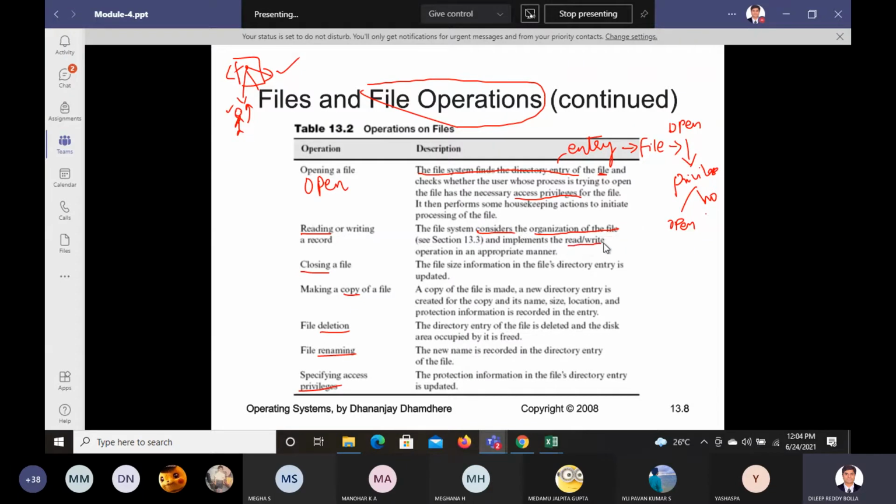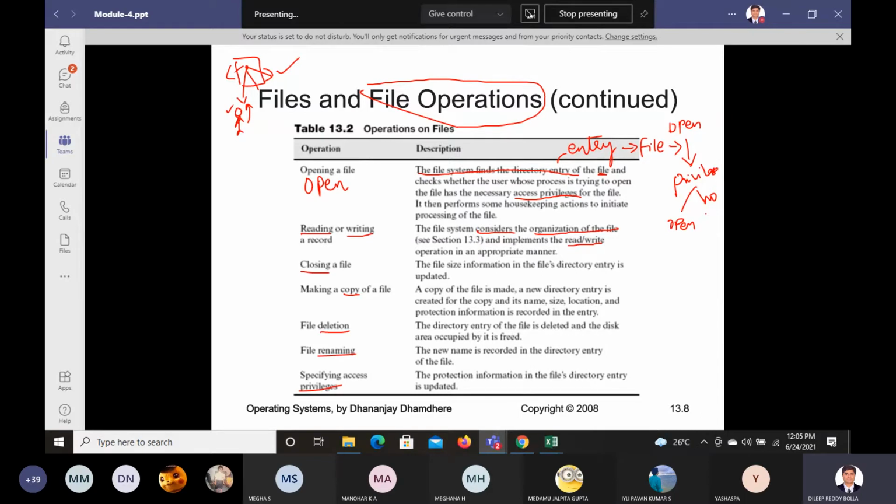It's going to check whether it can read the data or write the data. So here we are trying to check read and write operations in the appropriate manner, whether we are able to do it or not, whether we are able to access it or not. All that we are going to check by using the read write operation and so on.